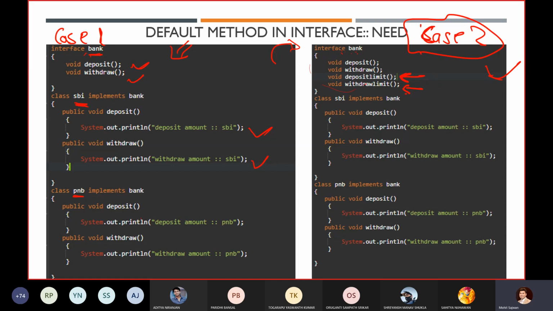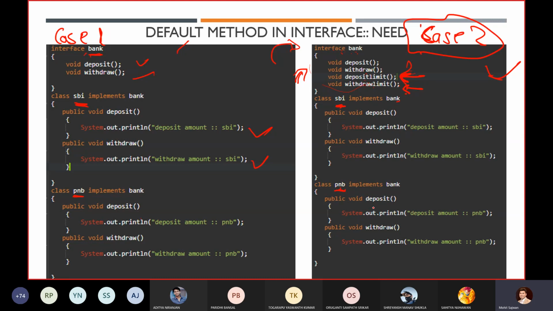Now RBI has modified their interface. Earlier we had only 2 methods, now we have 4 methods. Right now, let's assume SBI as well as PNB have no idea about these 2 methods. Once RBI has modified the interface,